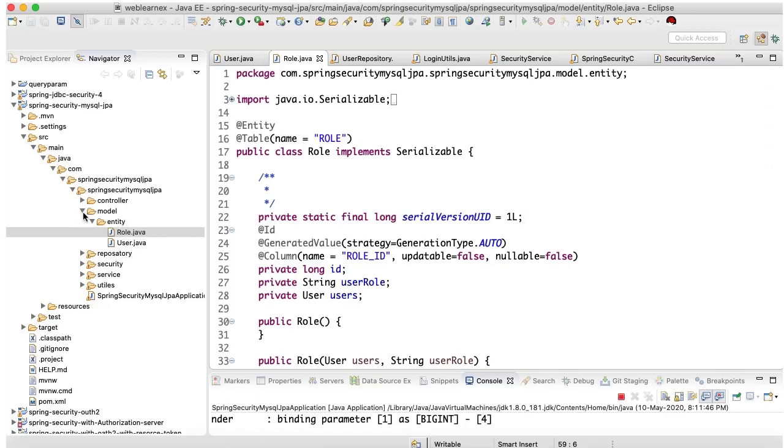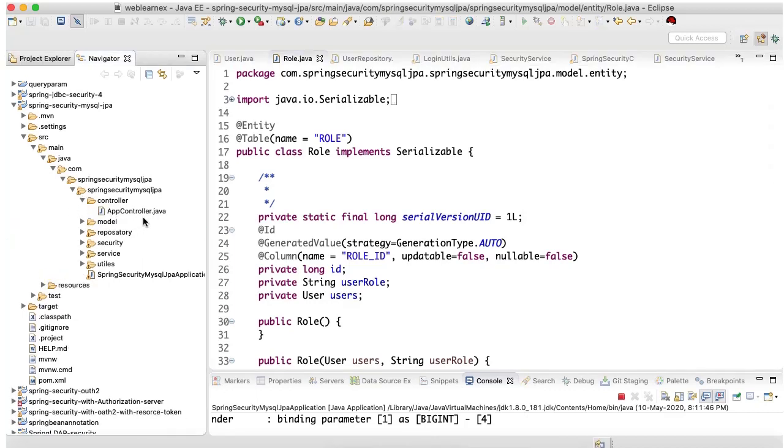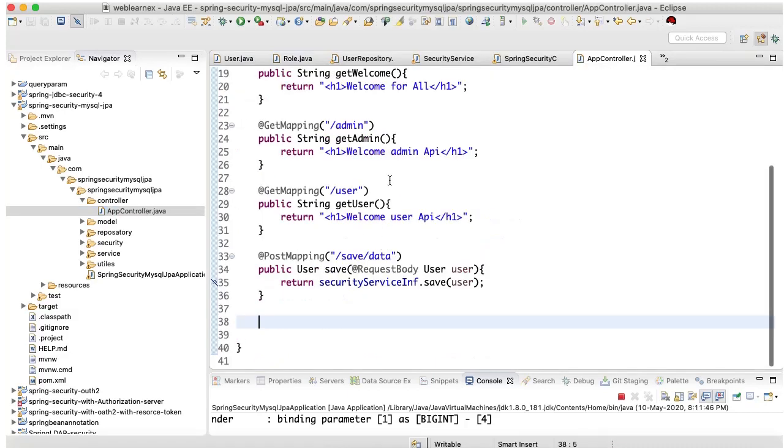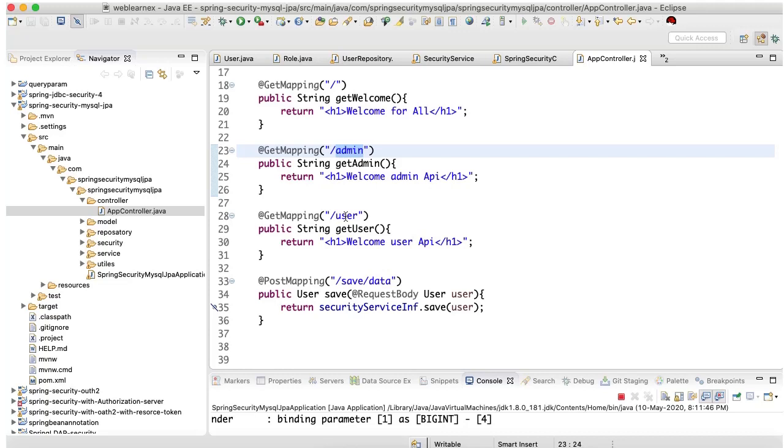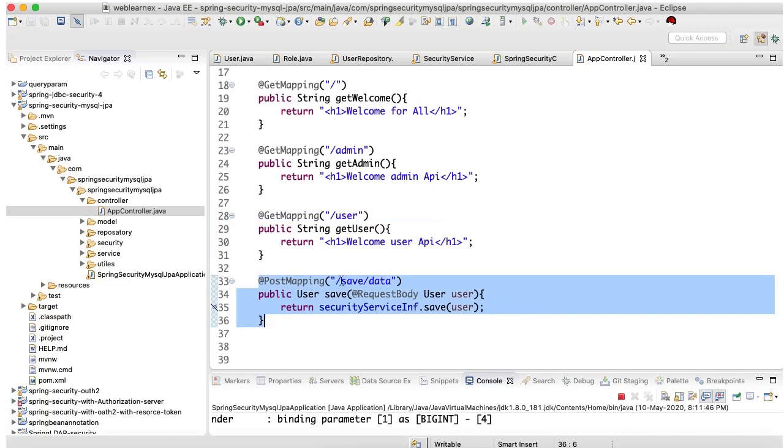And in the controller I have created four endpoints: one accessible for all, second for admin access, third for admin and user access, and this one is also accessible to all, but this is only for when the user wants to save the data.